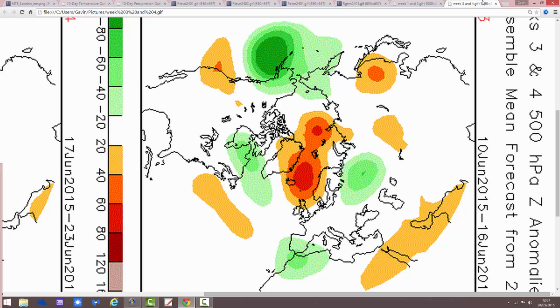Then we go through to the week of the 10th to the 16th of June, and look what's happening. The high pressure is getting squeezed up to the north. It's going up towards Iceland and possibly Greenland as well. And low pressure is hinted to be developing around its southern side. So I think this is a breaking down period really. The low pressure would be starting to attack probably from the Atlantic and also maybe from Spain as well. So sort of the thundery breakdown is, I think, being hinted at there